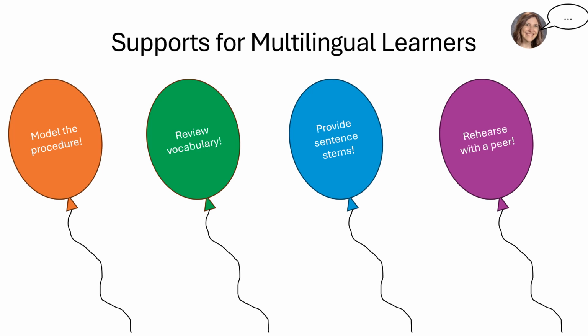Some multilingual learners may feel reluctant to speak in front of the whole class. Rehearsing what they plan to say with either a peer or with you and getting quick feedback can help build their confidence. If they've written what they plan to say, you can read over it and encourage them to read their statement out loud.